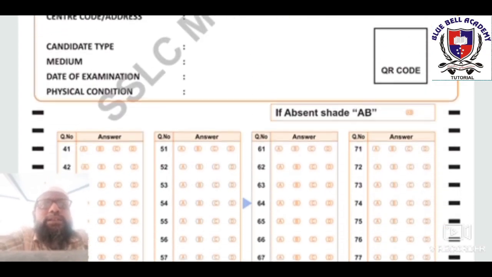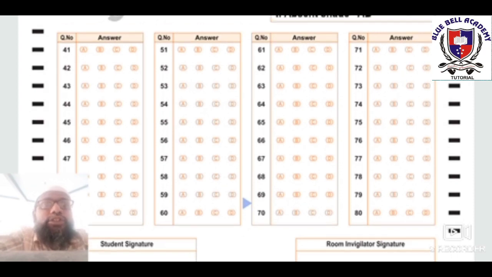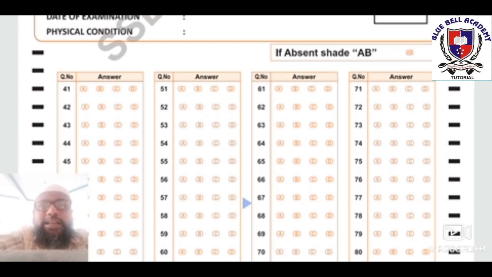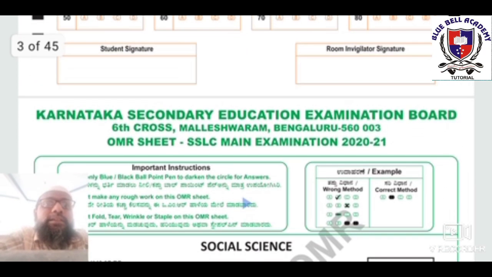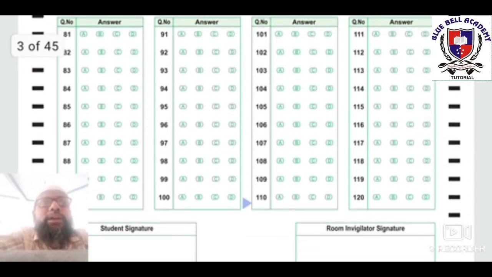But one more thing to keep in mind: questions 1 to 40 are for mathematics, 41 to 80 are for science, and the next, the green sheet, is from 81 to 120, which is purely social studies. Marks are assigned for that.